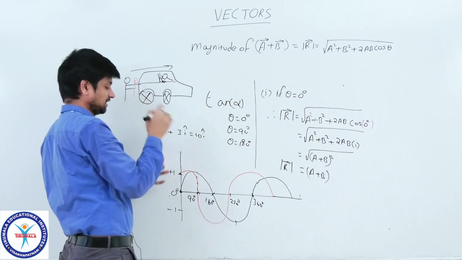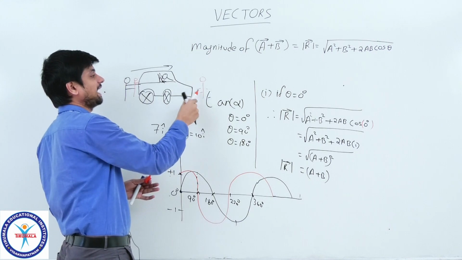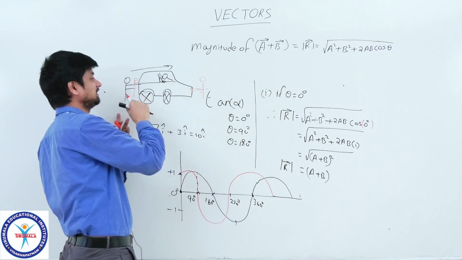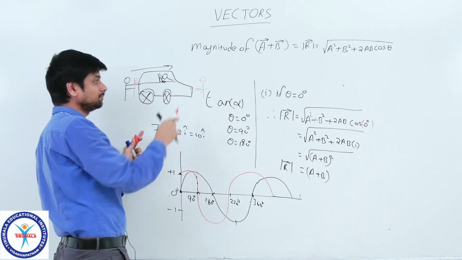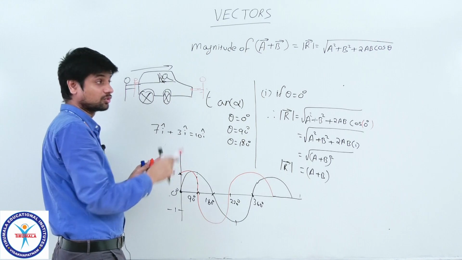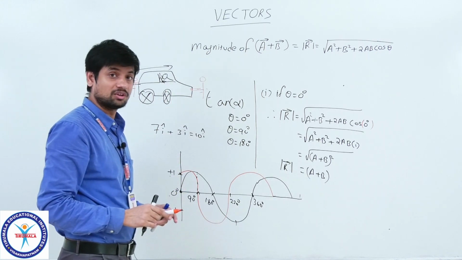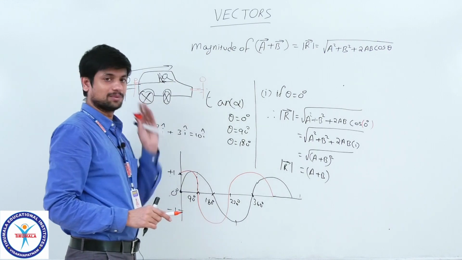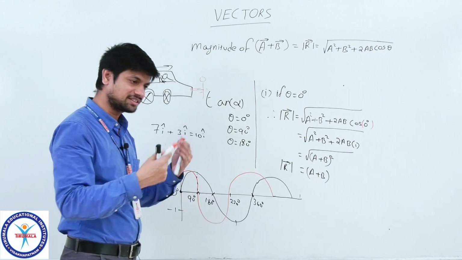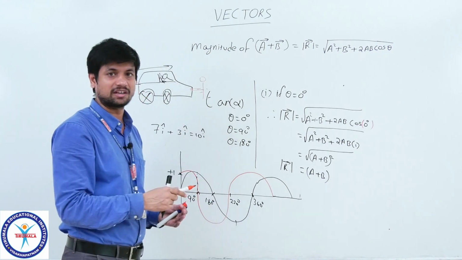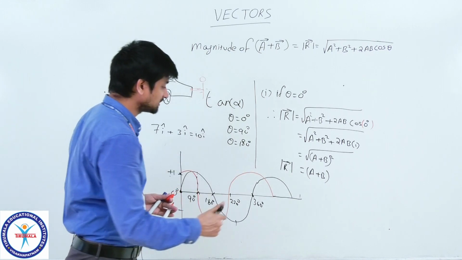If this red color person pushes in this way, what happens? This cancels your applied force. So, when you want to get the maximum, the angle between them should be 0, not 180. If it is 180, you will get the minimum value. If the angle is 0, you will get the maximum, simply the sum of these two forces, F1 plus F2. This can be applicable for any physical quantity in that vector space, that is why. Okay. Now, the second case.